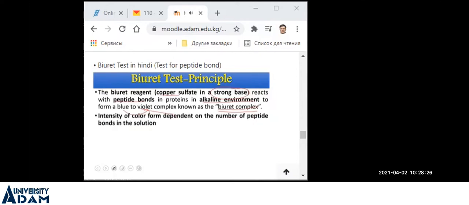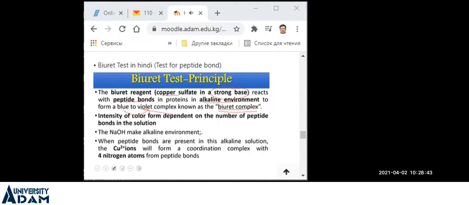इस वायलेट कलर की इंटेंसिटी डिपेंड करती है कितने पेप्टाइड बॉन्ड्स हैं। अगर पेप्टाइड बॉन्ड्स ज्यादा होंगे तो कलर की इंटेंसिटी ज्यादा होगी, अगर पेप्टाइड बॉन्ड्स कम होंगे तो इंटेंसिटी कम हो जाएगी। तो इंटेंसिटी इज़ डायरेक्टली प्रोपोर्शनल टू द नंबर ऑफ पेप्टाइड बॉन्ड्स प्रेजेंट इन द सॉल्यूशन। NaOH के बारे में ऑलरेडी जान चुके हैं, ये